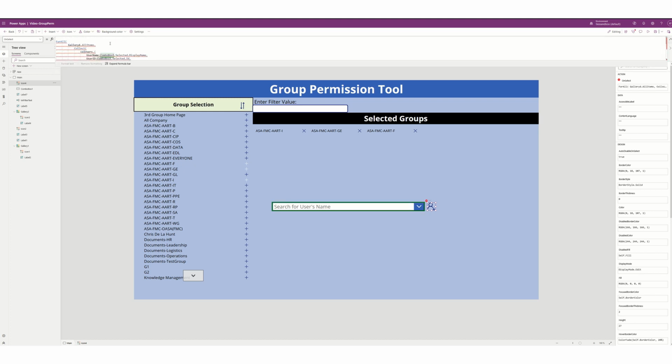Alright, so first thing it's going to do, it's going to do a ForAll, and it's going to envelop, let's see, what gallery is this? It's not gallery 6, obviously, gallery 2. So let's change that over to gallery 2. It uses the team selection gallery as our source. Okay, and then it creates a collection called call users, and what it does is it writes